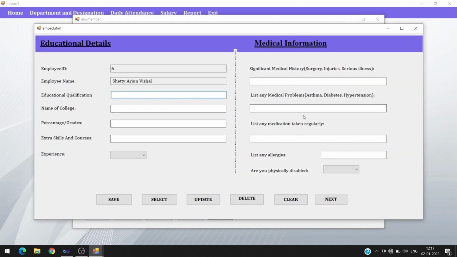Here we can see that all the data will be saved to the specific ID, which means the name will be fixed. In this form we have to add qualifications, college name and other details. Next step is to add the experience. The system is equipped to store information of a fresher as well as an experienced person. After that,